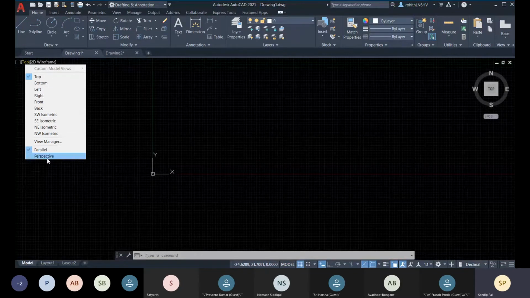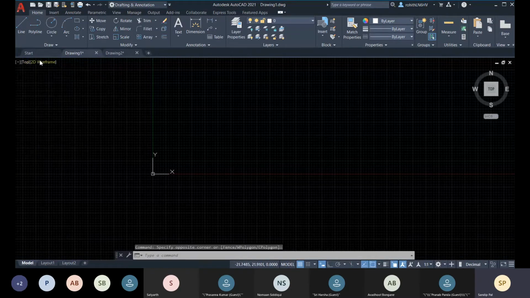Only if you choose perspective will you get that effect and visualization. For realistic visualization you can render, and you will have the realistic output of your model.